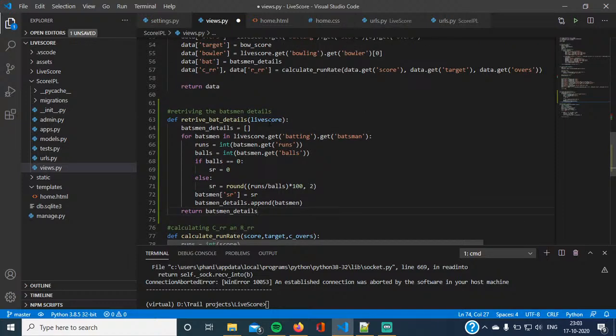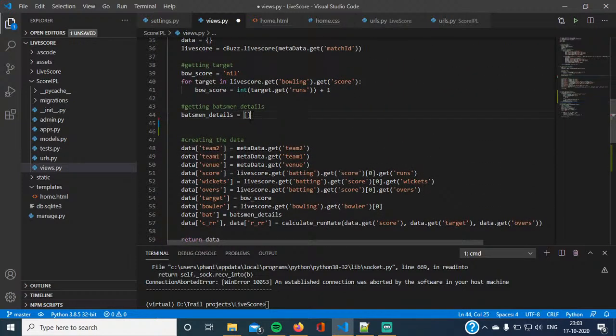Okay, and here instead of this, I just have to call the retrieve batsman details function. And basically this is just gonna do the same thing, but it's a